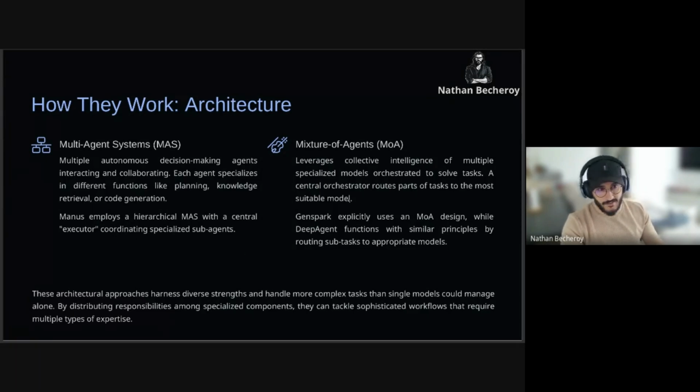On the other hand, you have the mixture of agents, which is used in Genspark and DeepAgent from Abacus to leverage the collective intelligence of multiple specialized models orchestrated to solve tasks. These are the two main architectures that you can find in these multi-agent AI tools.